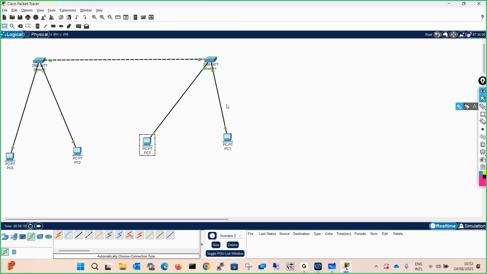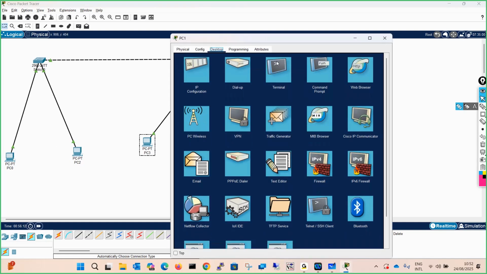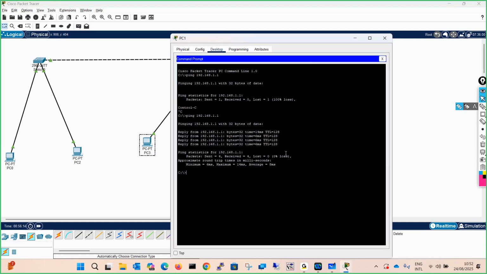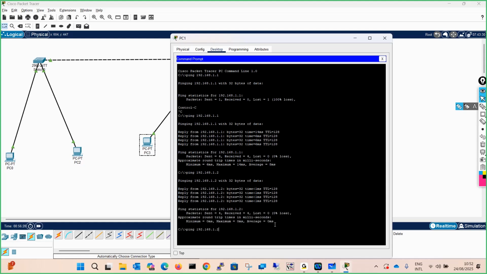I will try to reach PC0 over here. I click over here and go to command prompt. Let's do one thing: instead of 1.1, we'll try to ping this new PC, 1.2. Hit enter. So it is pinging.